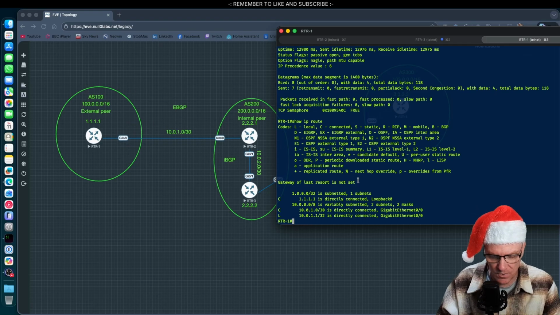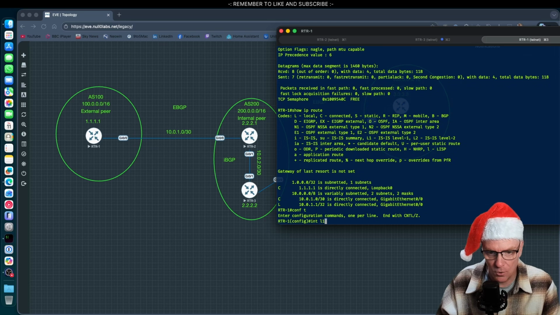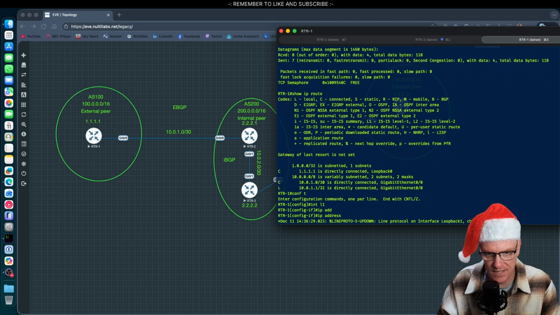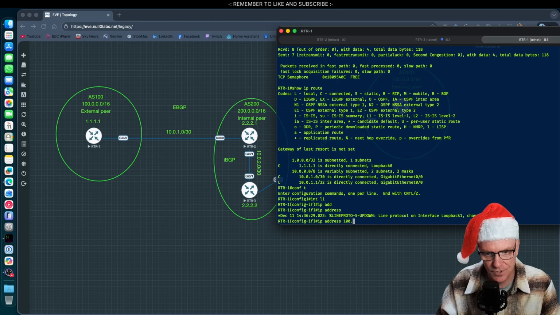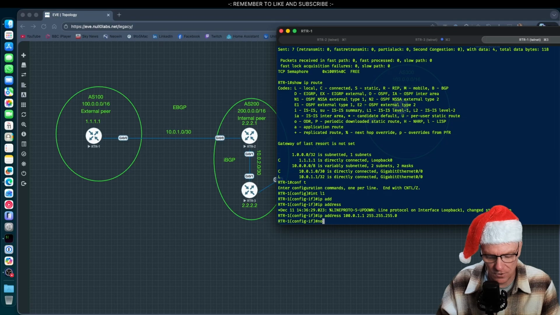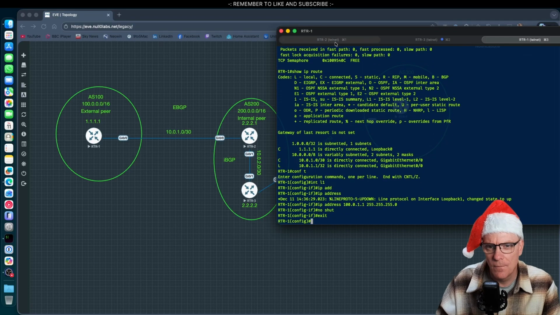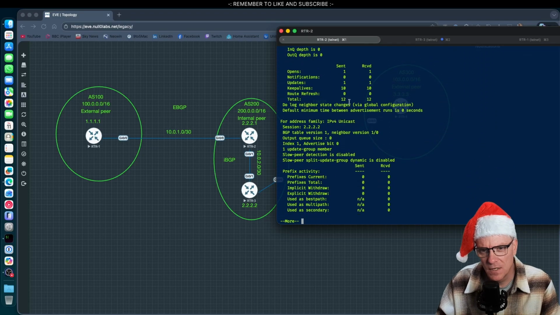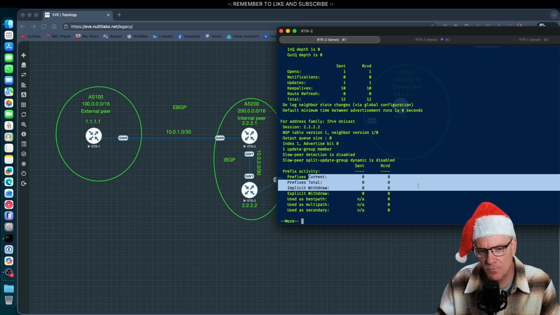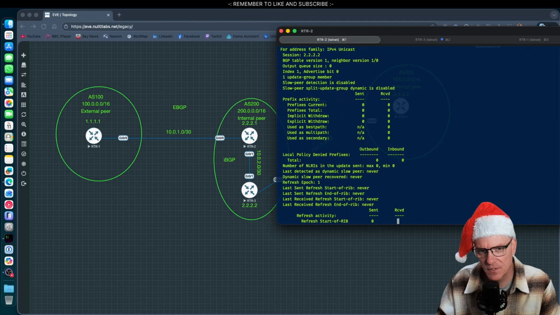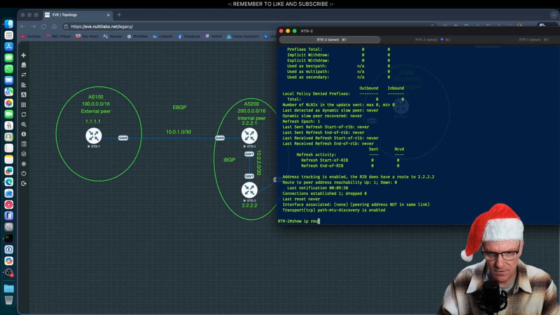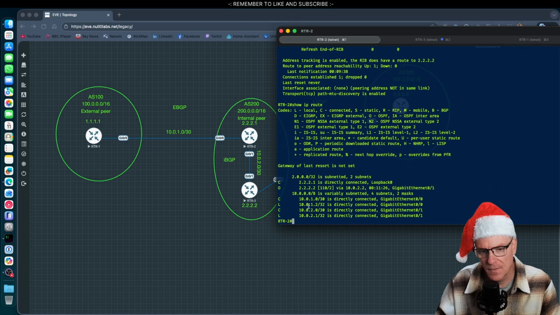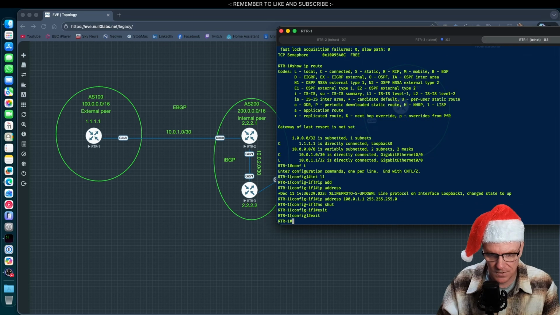We could put an interface in one of those networks. So if we go int L1 and we put the IP address here as 100.0.1.1, make that a /24. Now, if we come over to router 2, do we see anything different? We have a look. We see there's no prefixes that have been sent or received between that session. Show IP route. You can see that we haven't received any, because if we do a show run,